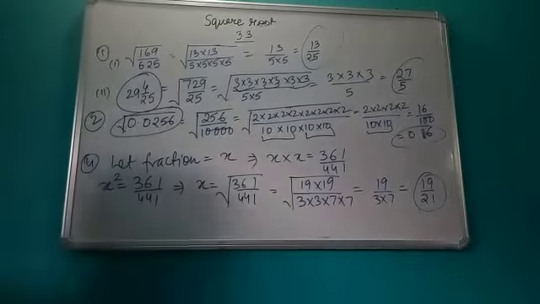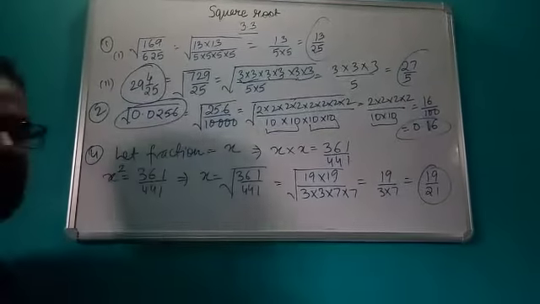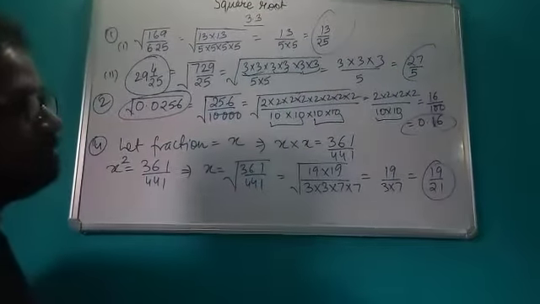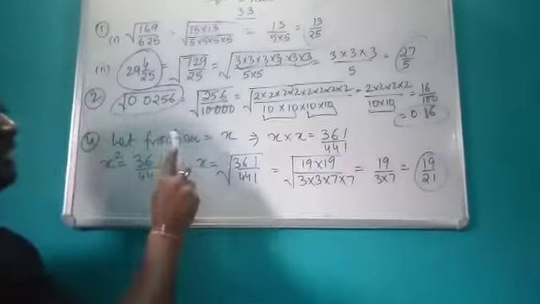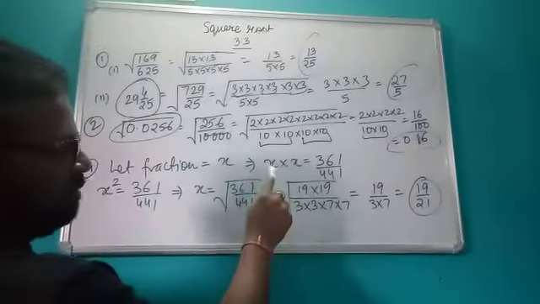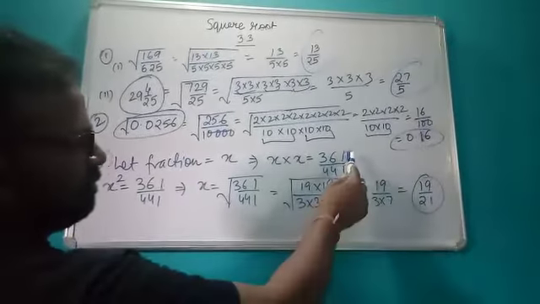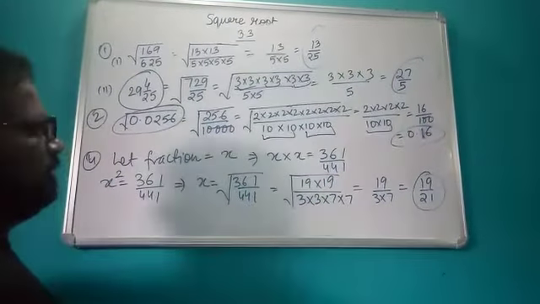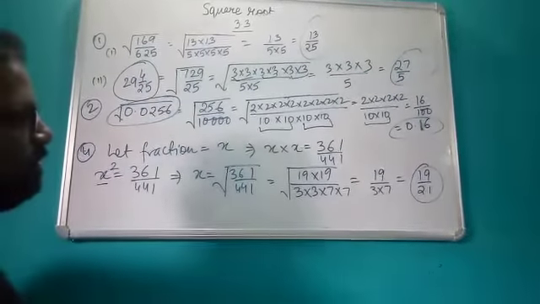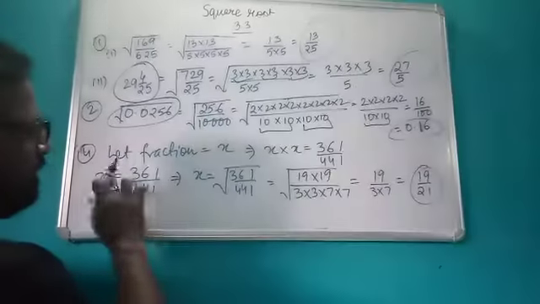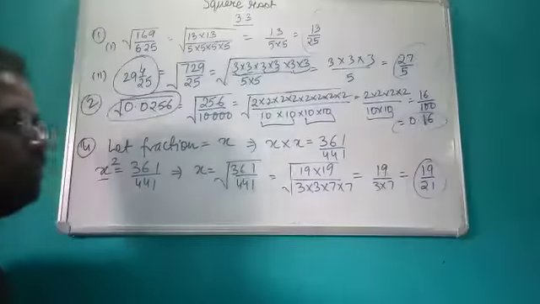0.16. Okay, next there is one problem, where a fraction is given which, when multiplied by itself, gives a result. As we already knew, when a number is multiplied by itself, that is called the square of the number. So I have assumed that fraction as x, and since it is multiplied by itself, that is x into x, and after this it becomes 361 upon 441. So what is x into x? x square equals 361 upon 441. Then in order to remove this square, we will take the square root of the resulting number, that is 361 upon 441.